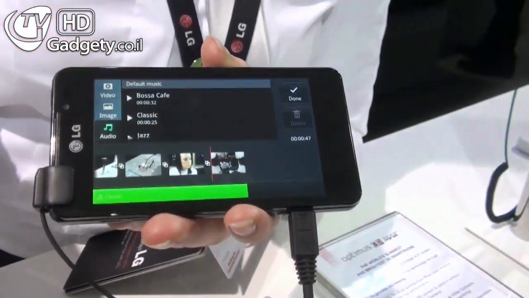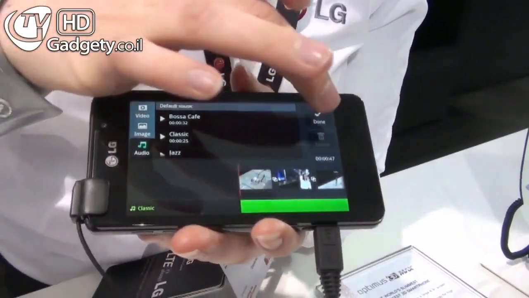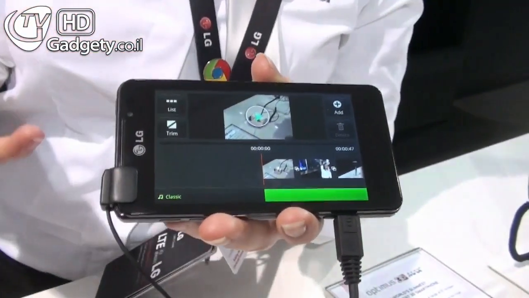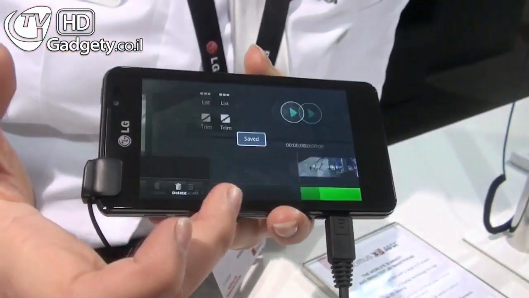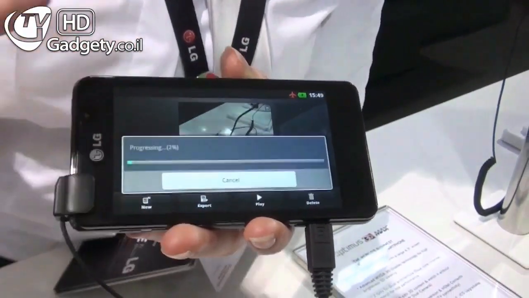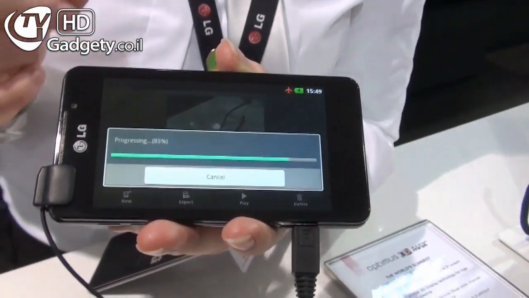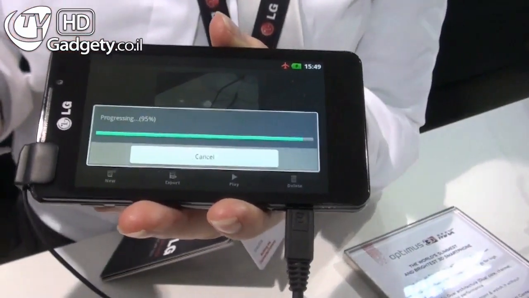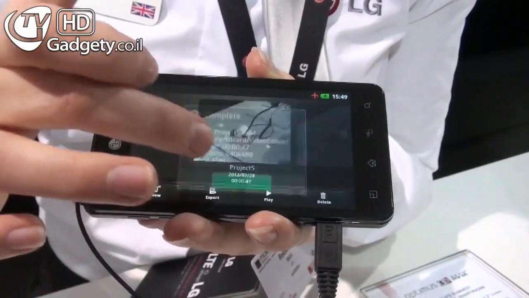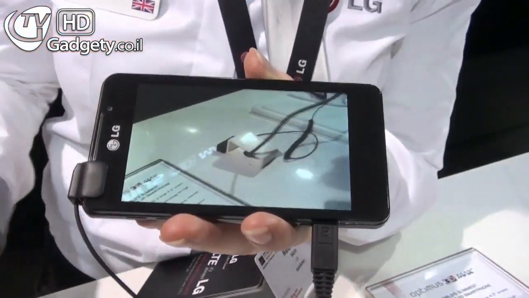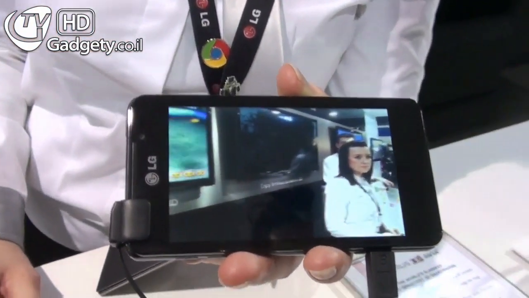So if you've been to a family gathering, a nice wedding, you can take some nice photos. You can export the file, which is extremely fast. If you have up to 10 minutes of video footage, it will only take 1 minute to export. It's very, very fast, as you can see. So now we can play that back. It's a few video clips that I've just added together with a little bit of music.